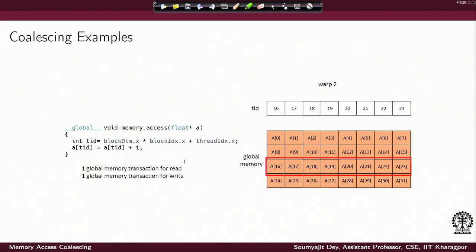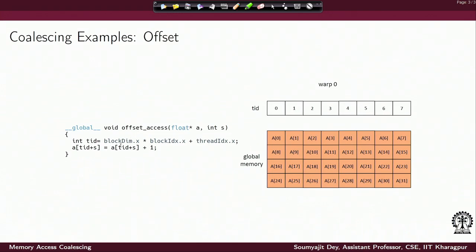So let's look into the earlier program once again. The earlier program was A[TID] = A[TID] + 1. In this program we are providing an extra parameter here, access with offset, and the offset value is S. So you compute the TID using normal notions, and then you do the access for the TID plus S location, right. So you are accessing the TID plus S location, adding it up and then updating again the TID plus S location for the array A. That is what you are doing.